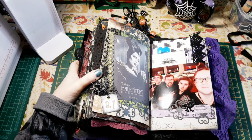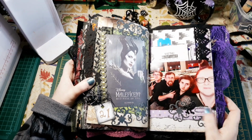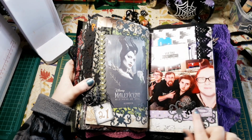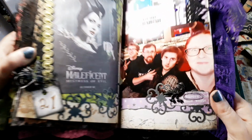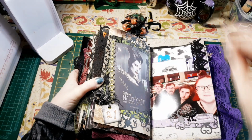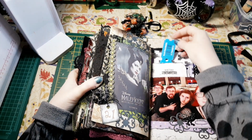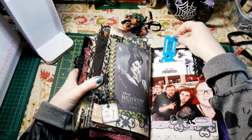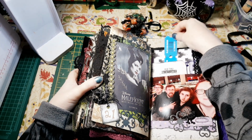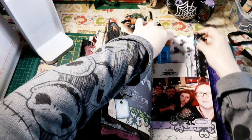And I've just backed that onto some paper, and then down here is some Disney type paper with all the princess names, and I've just circled where it says Aurora because obviously she is the princess in Maleficent. Sorry, just hit my lamp. And then in here is the ticket, and at the bowling place there's actually arcades, so we played on some of the arcades. And I just made a simple journaling card,